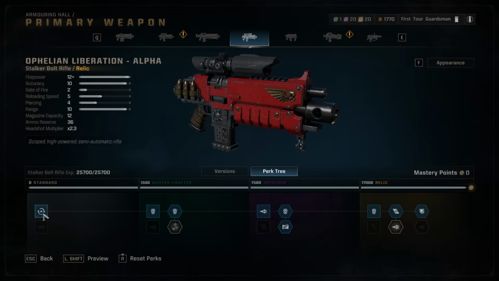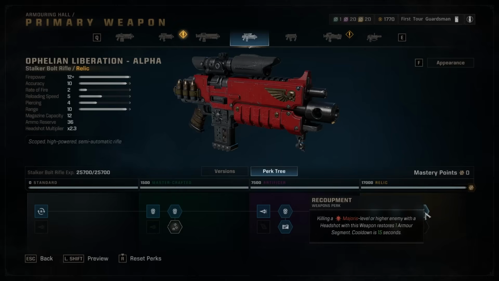Now, I do just move down the top tree for pure headshot damage, and I pick up a very important perk, in my opinion, which is Recoupment. Killing a Majoris level or higher enemy with a headshot with this weapon restores one armor segment. Cooldown is 15 seconds. Now, the Tactical is a very strong class, but he is quite squishy, so having armor restore at range, especially if you're shooting a Devourer or something, where you have to headshot them instead of actually getting an execute on them,